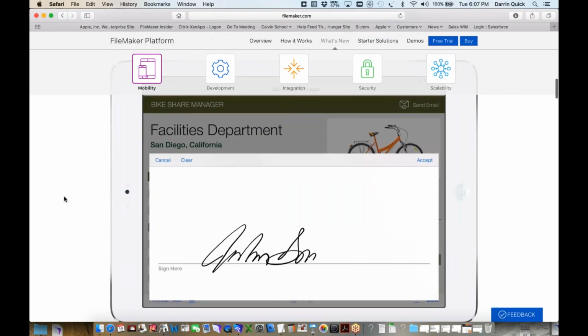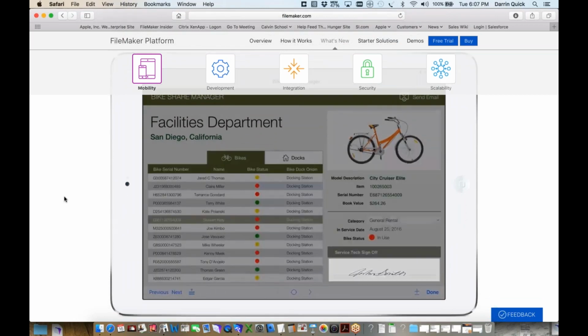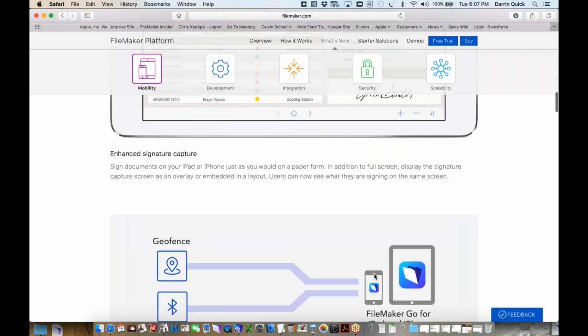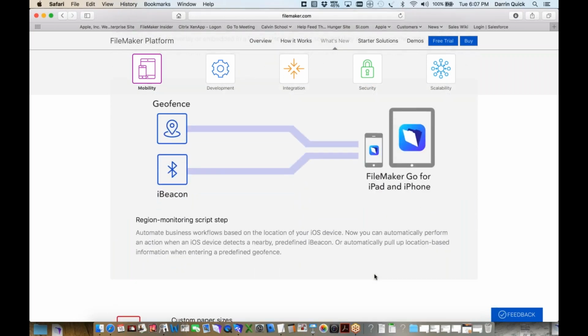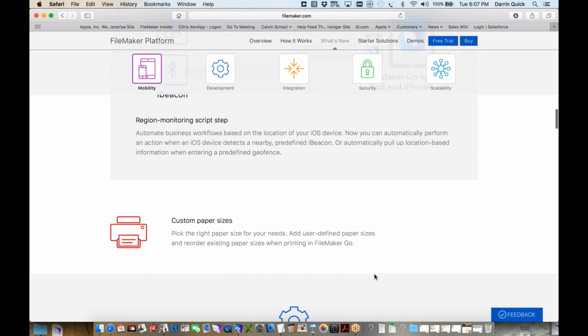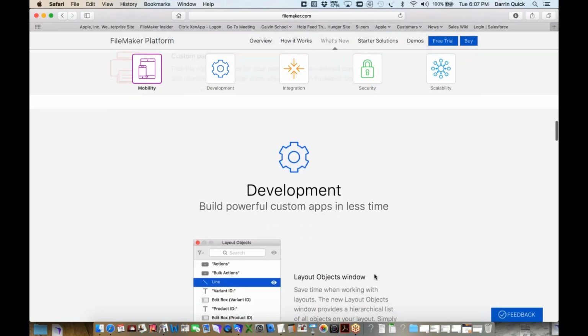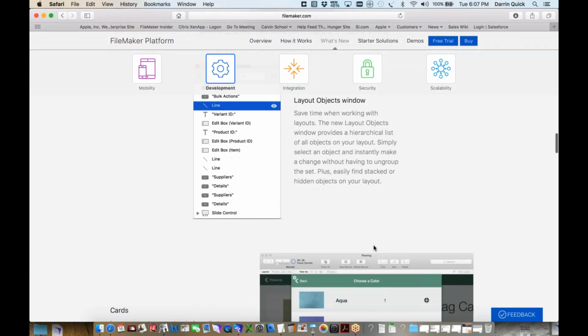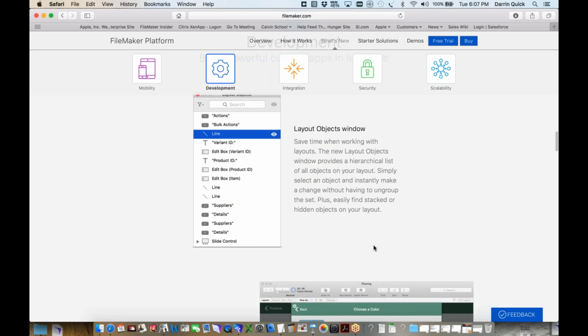So now you see it brings up a signature capture dialog, and then it goes back to a smaller window like that. Geofence, again, these are active, going out instead of just passive. And layout objects window, again, you'll be able to see all of the